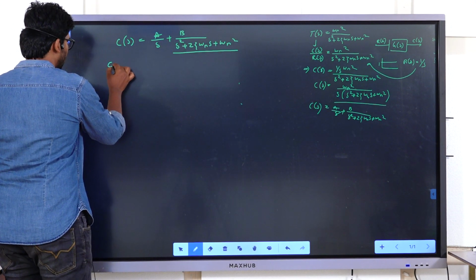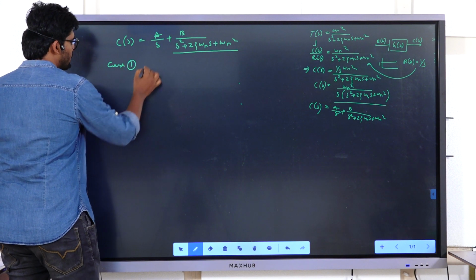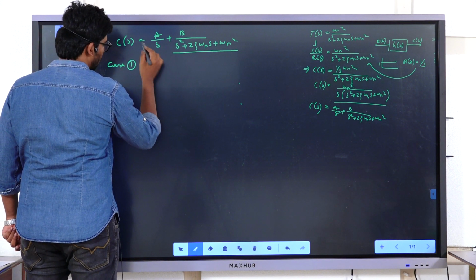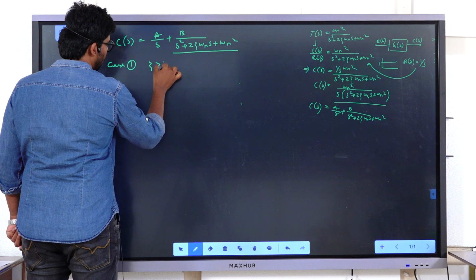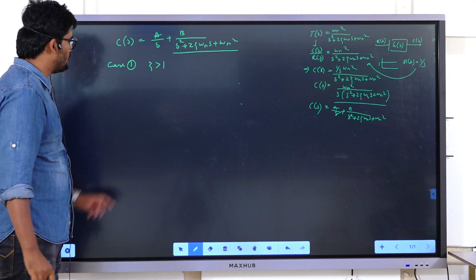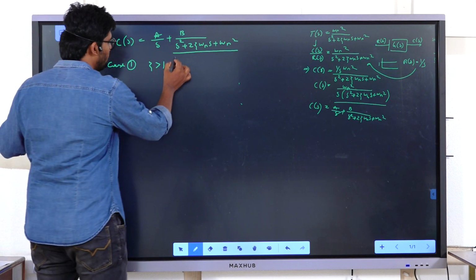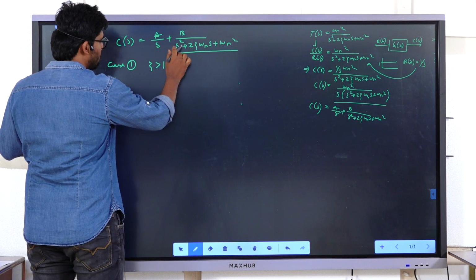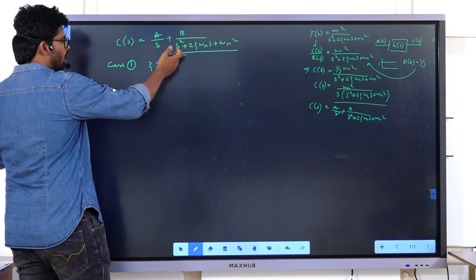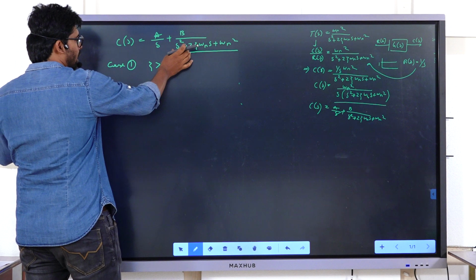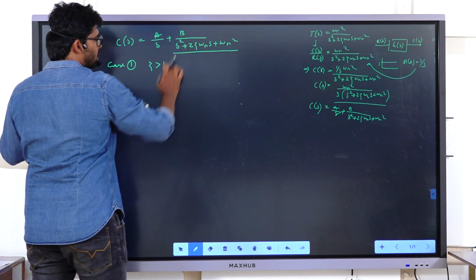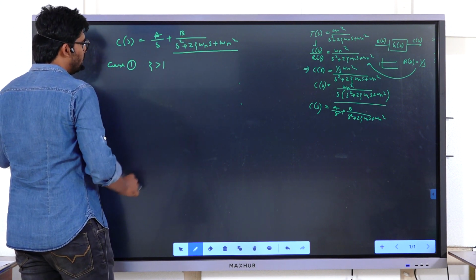So case 1, let us say zeta is greater than 1. If zeta is greater than 1, to do the Laplace inverse, we have to find the roots of this denominator. So if